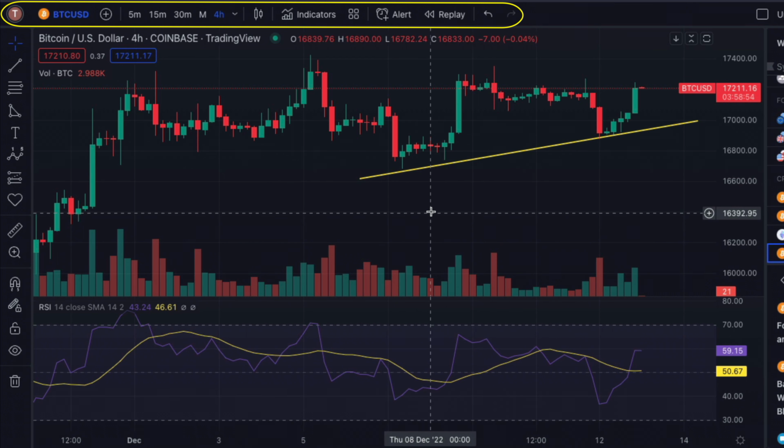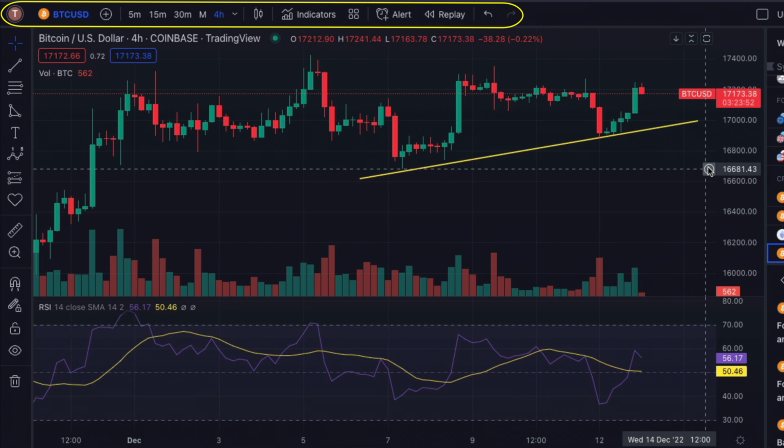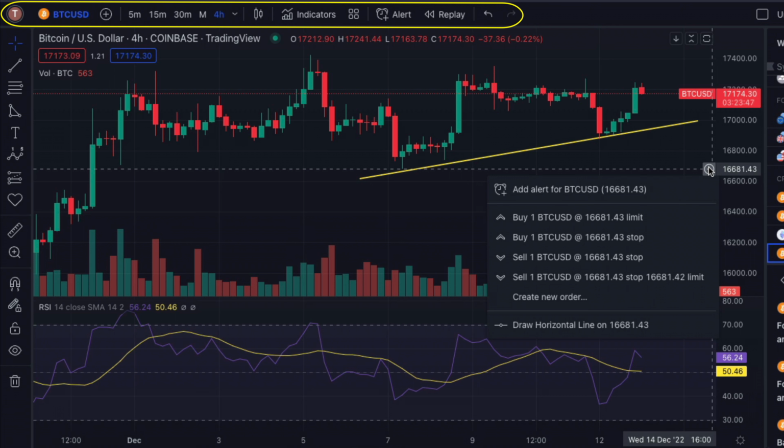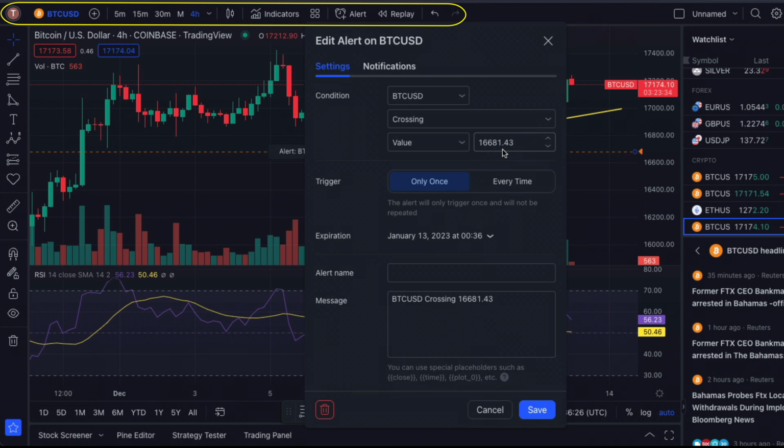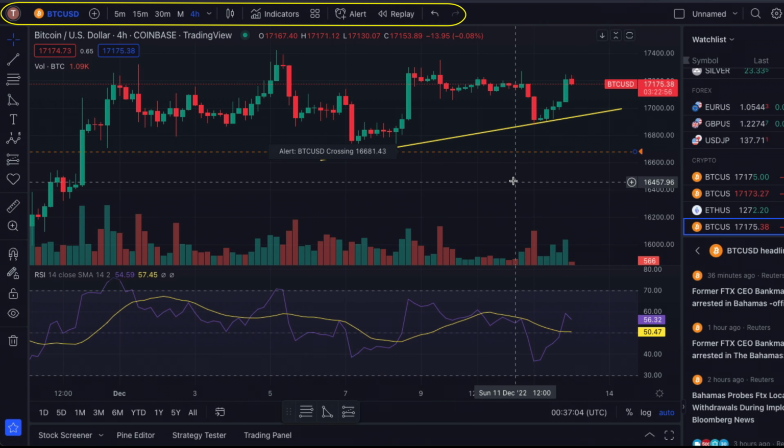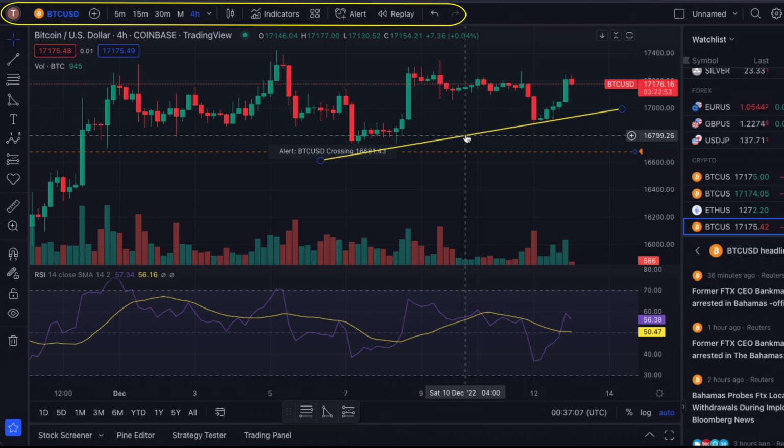Another way that you can add alerts other than using this alert icon right here is by selecting this plus button that's to the right of the chart. If I select this plus button, I can add alert at that exact point, and that will automatically add that alert, but it doesn't let me name the alert, etc. So I'd have to click into it, and then I'll be able to edit the settings of this alert. So I can now name the alert and add some messages or notes for this alert, and I can also change the notification or any other conditions on here. So if I just save this alert,